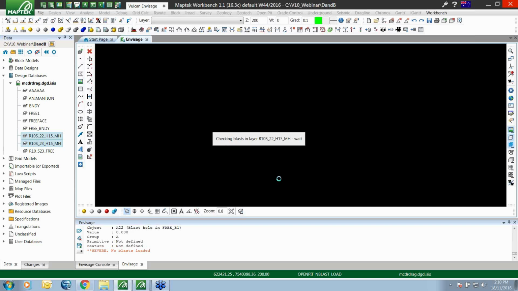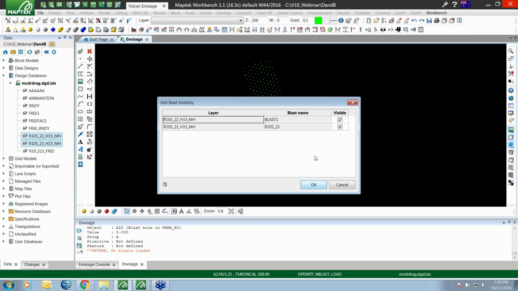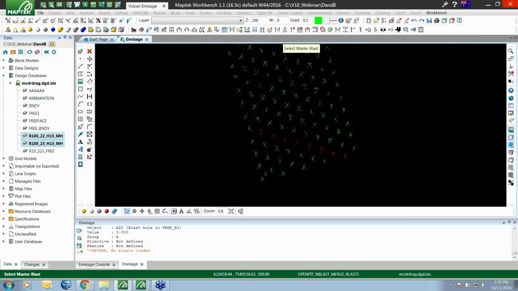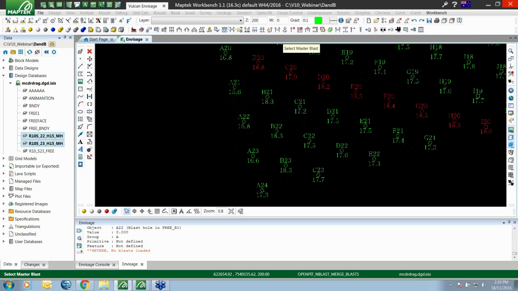So I'll just load up 2 different blasts. So we've got basically 22 and 23. One thing that we haven't been able to do in the past is actually merge blasts together. So now we can merge blasts, and depending on which one we click on first, so you can see this